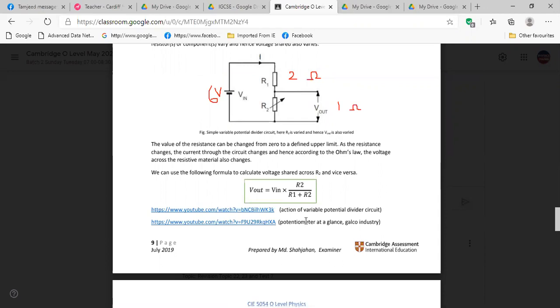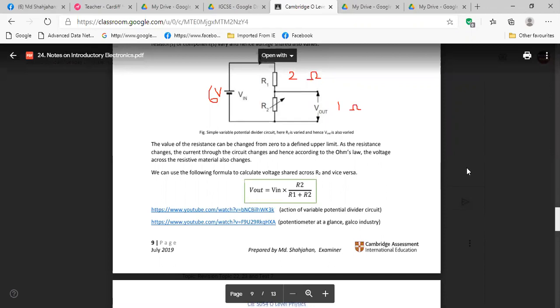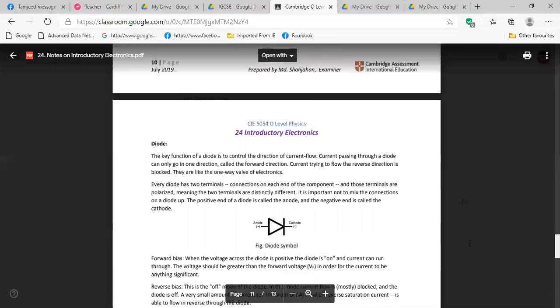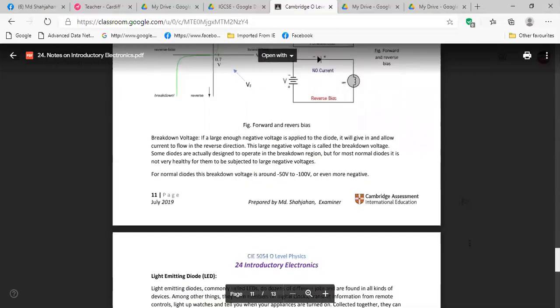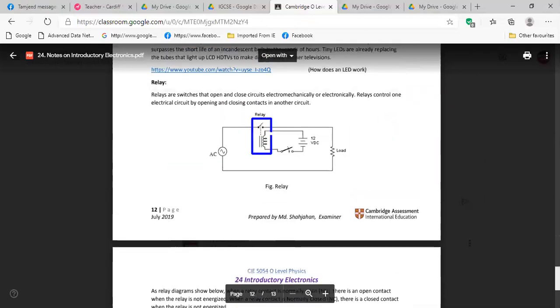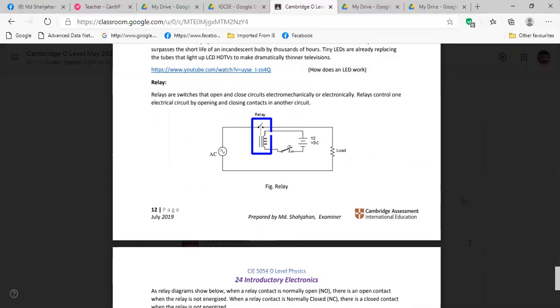Okay, we should go to relay, right? Relay. Here we go, relay. Look here. We have here one small circuit. This one is DC,